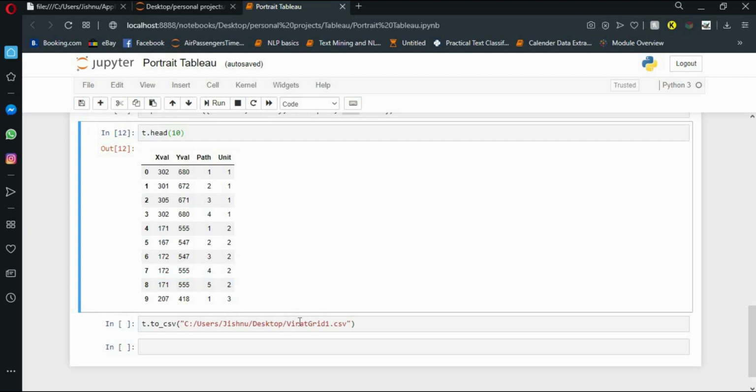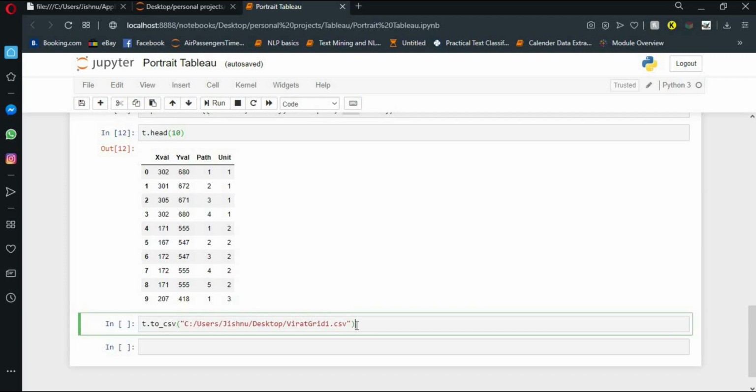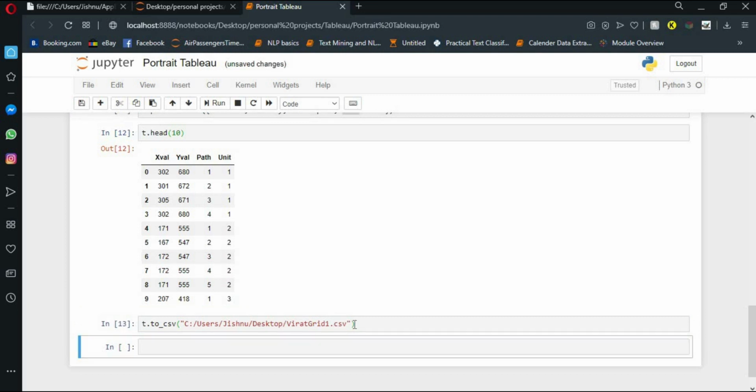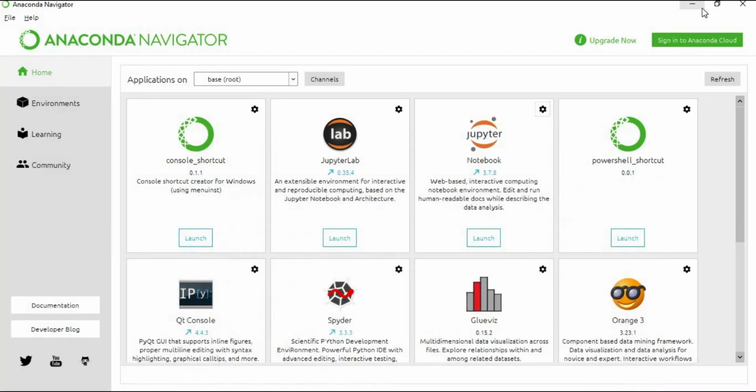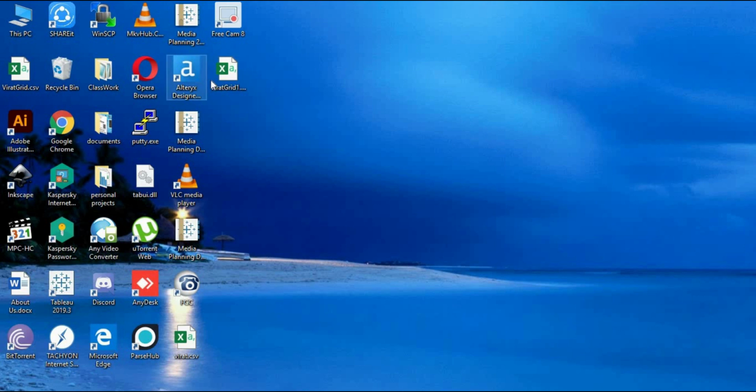So that's it. Now what you need to do is store the data as CSV. I'm saving that file on the desktop. Okay, run it. If you open your desktop, you can see that there is a file named Virat's Grid 1. Just have a look.